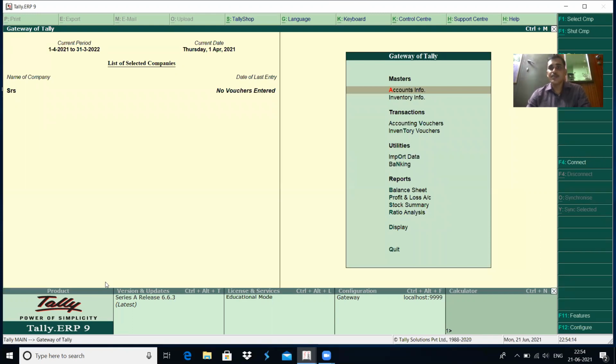This is the main menu and the introductory screen. It assumes that a company is already created and loaded. The first step in Tally is the creation of the company. When you start Tally for the first time, you have to create a company, and only then is it possible to enter transactions.